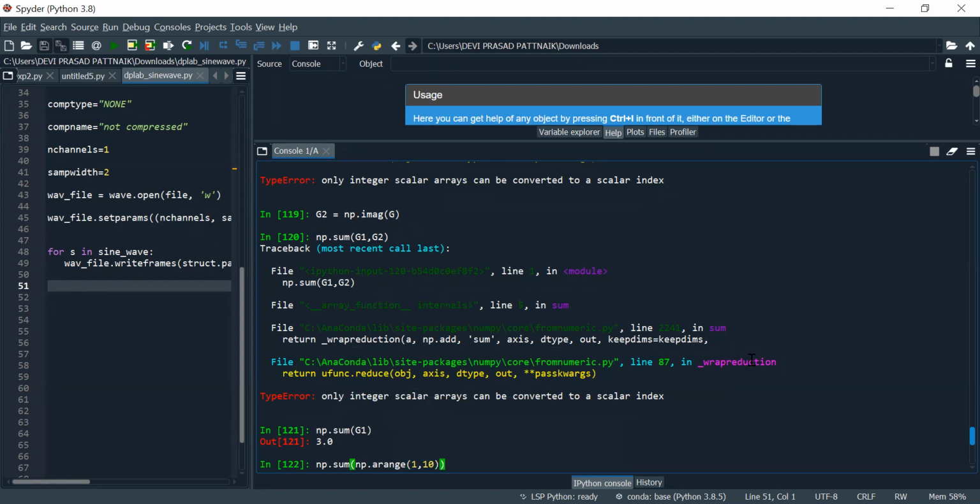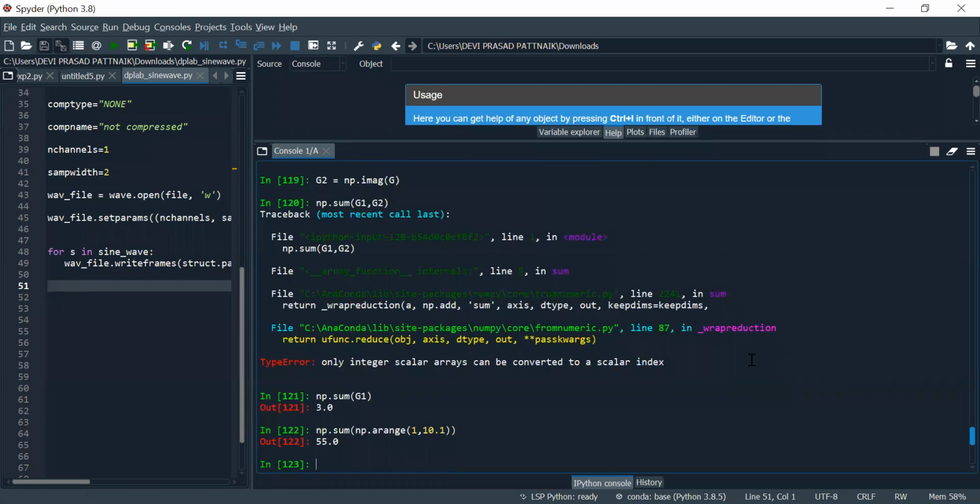Give me the sum of 1 plus 2 plus the dots up to 10. So 55, you can normally calculate.